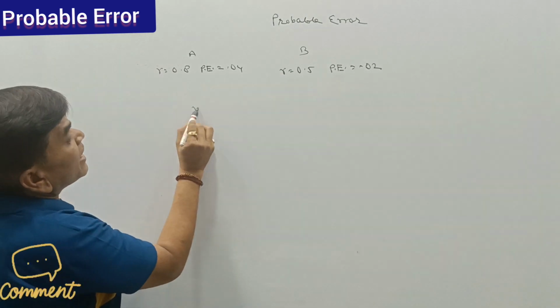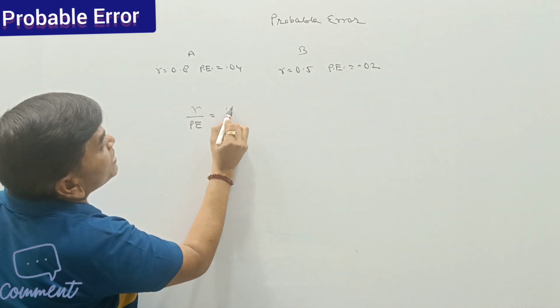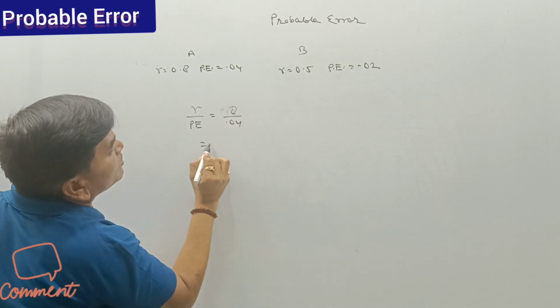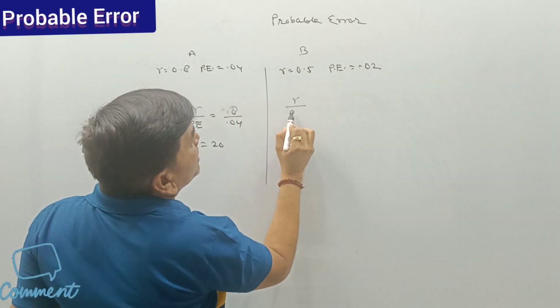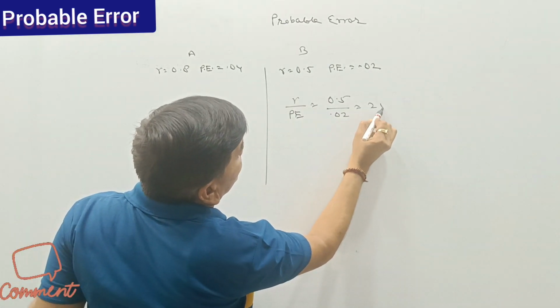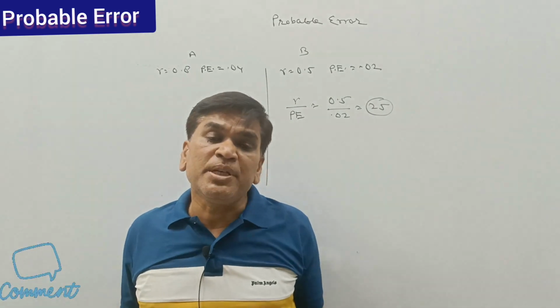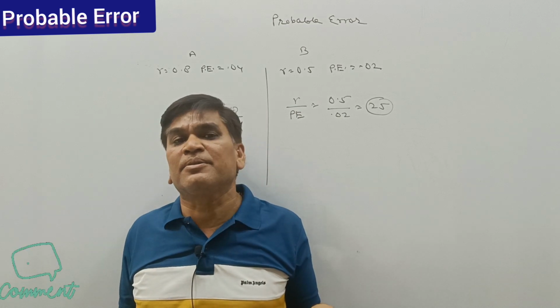So here r divided by PE, that is 0.8 divided by 0.04, that is 20. Here r upon PE, that is 0.5 upon 0.02, that is 25. So here we will say the B series is more significant than A series, as we have already calculated that